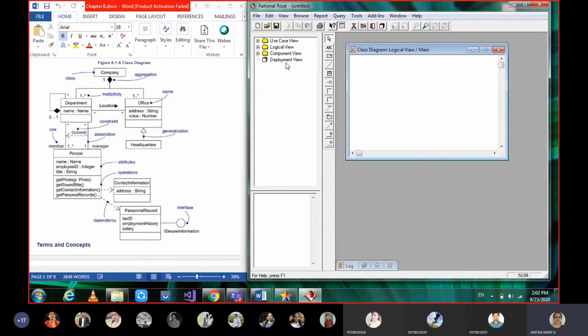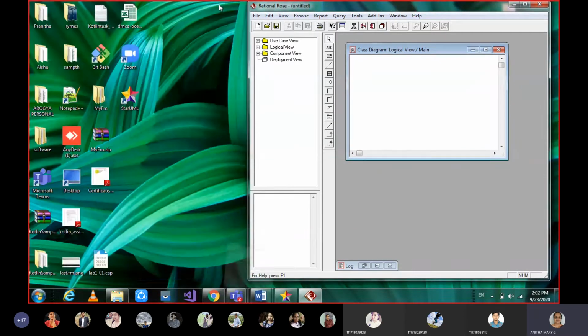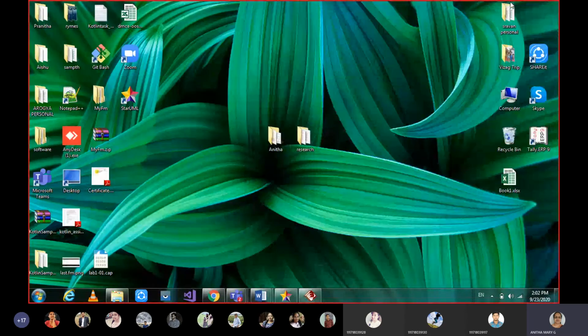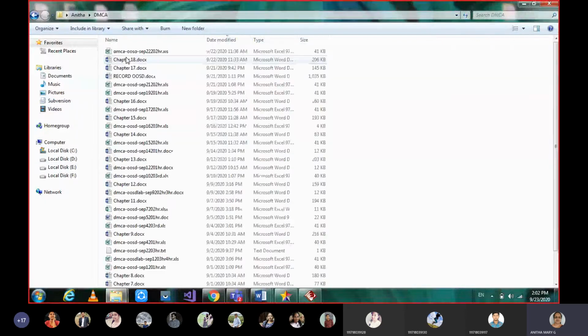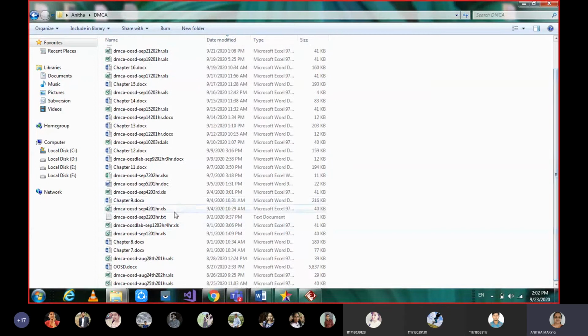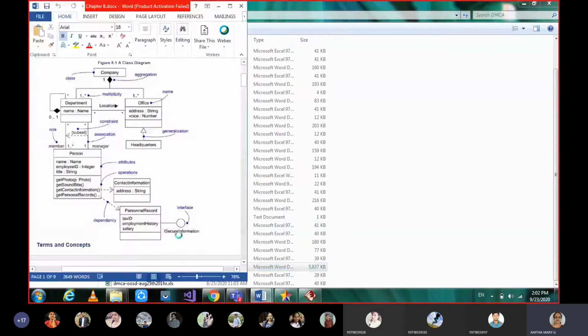If you want me to show that diagram also, I can show it now. If you can wait, I'll quickly show that. I don't know if chapter 2 is there with me or not. Let me quickly browse. It takes time on my system.